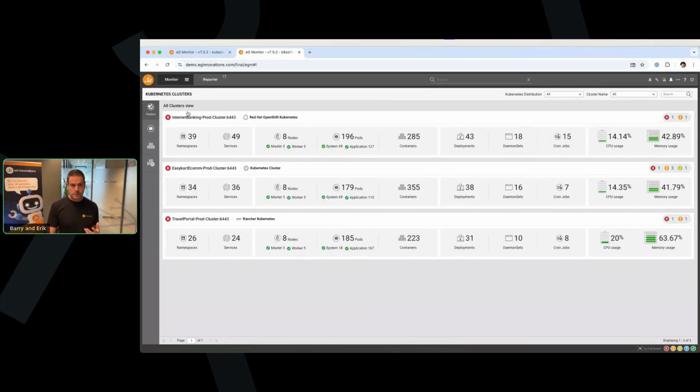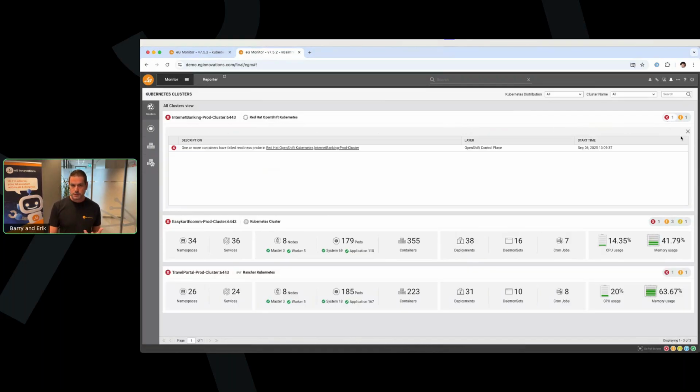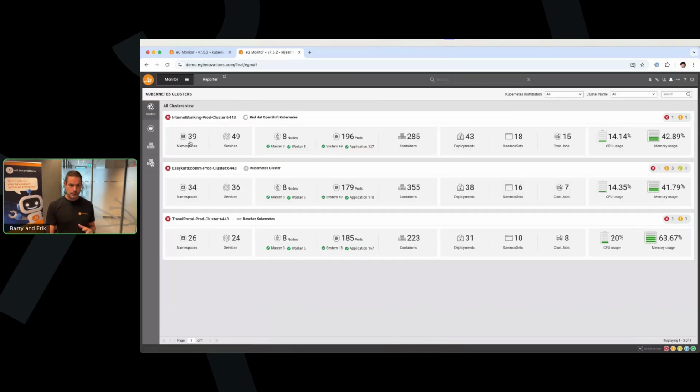So again, this is a multi-cluster overview. So we can see Red Hat OpenShift, a vanilla Kubernetes environment, and also a Rancher environment. This gives basically a high-level overview of the number of namespaces, the number of nodes, with also a split between the master and the worker nodes. Of course, the same for the pods, how many containers are actively running, and information about high-level resource consumption in the cluster. And again, if you would want to, also over here, you could see which active alarms are there for the cluster. If I click on one of these links, basically, I'll be again brought in the console as it's an interactive approach.